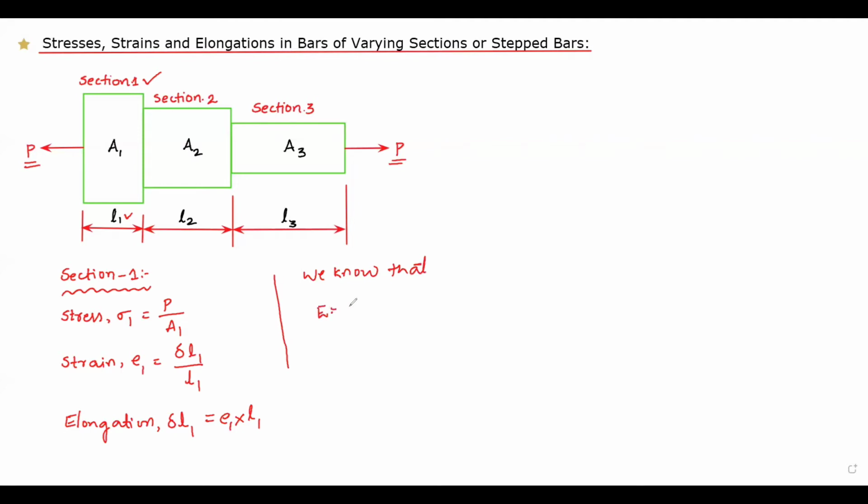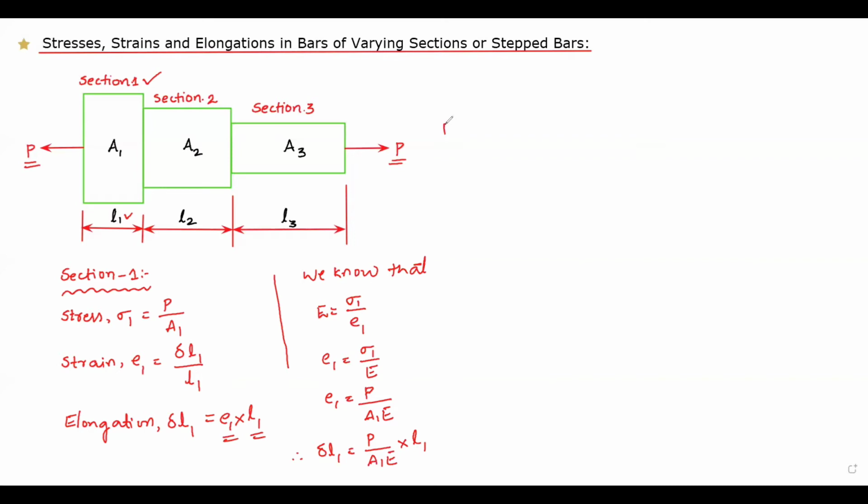Young's modulus is equal to stress over strain. Talking about section 1, stress is sigma 1 and strain is E1, right? So E1 is equal to sigma 1 by, that is stress by Young's modulus. We need to calculate E1, okay? E1 is equal to sigma 1, which is equal to P by A1, right? So we can write directly here P by A1 into E, right? Therefore delta L1 will be, substituting the E1 equation, P by A1 into E, and here we have into length L1.